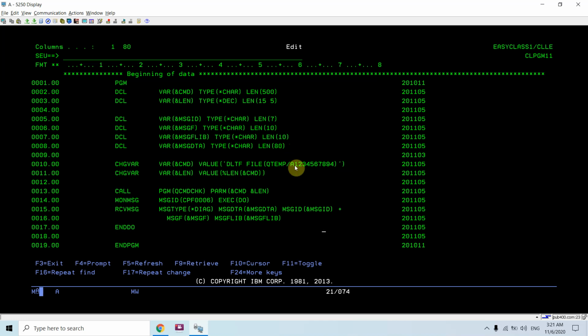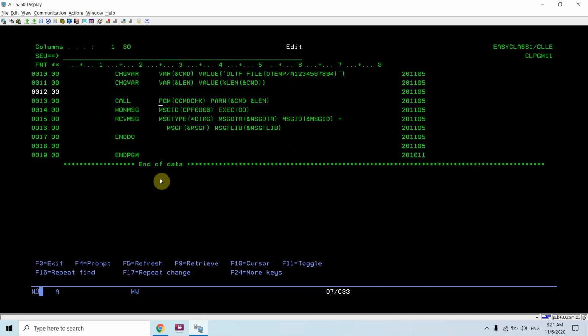Now we are passing the length of this command string by using the %LEN function, and after that we are calling this QCMDCHK API.